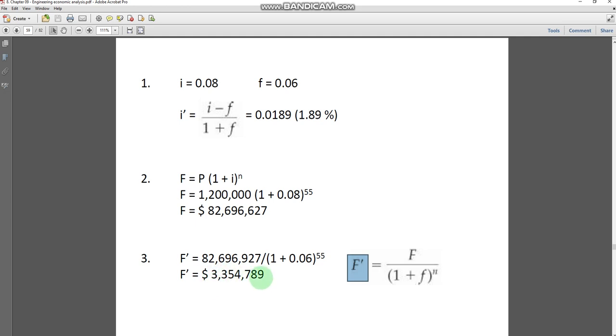So you can solve this equation to get the value for the actual purchasing power, which is equal to $3.3 million, okay. So you can see the huge difference here. When you do not include the inflation, the value is so high, and when you include the inflation, the value becomes very low, okay. So from here you can have a simple analysis. If you are going to buy something for $1,000 today, and if you do not make the appropriate investment, maybe after 55 years you have to spend maybe $15,000 to buy the same item, okay. So that will represent the future actual purchasing power. So the purchasing power decreases with the number of years when we include the inflation.